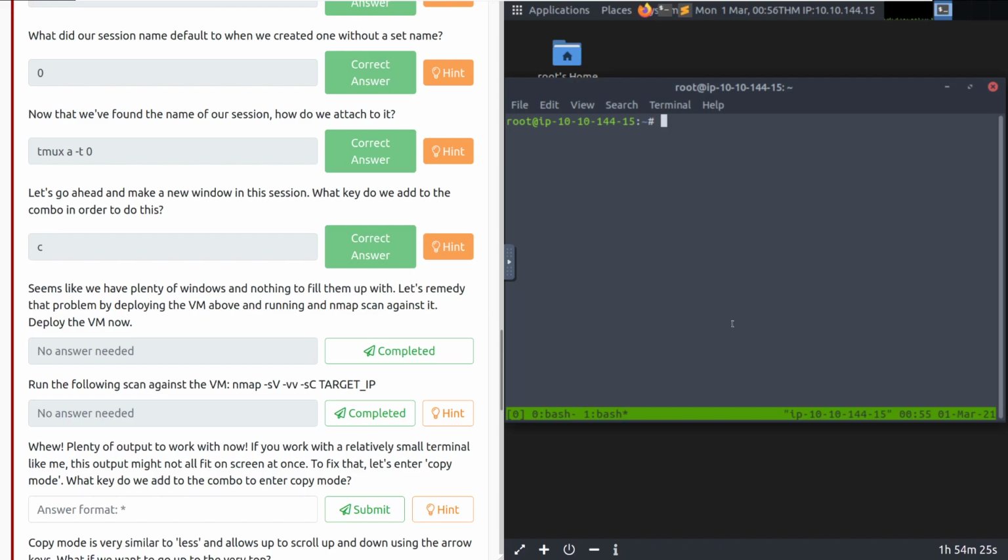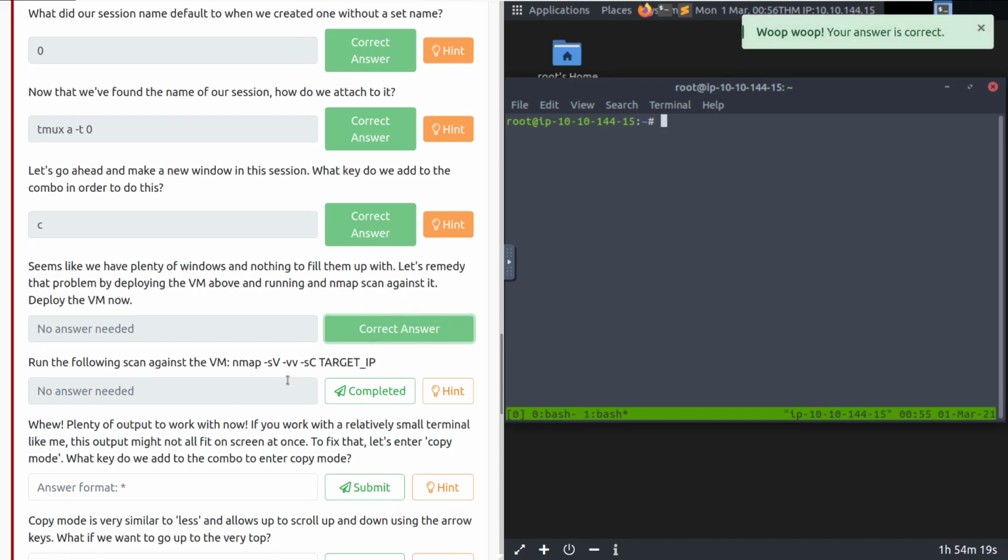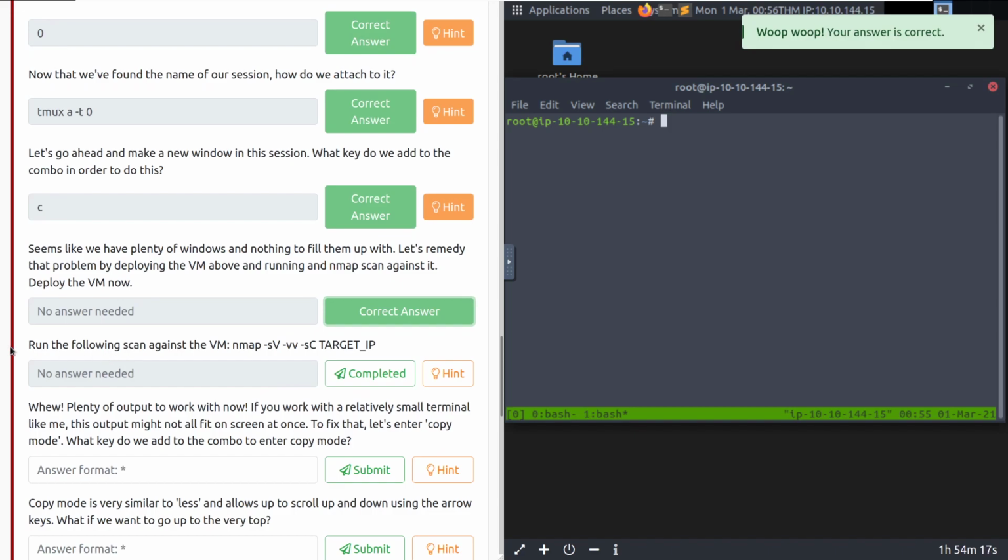So we're just demonstrating that we can hop between different tabs. You don't need to do this. This is just to demonstrate that. We'll go ahead and say that we've deployed it since we've already done that. Run the following scan against the VM. In this case, we'll go ahead and do that here with